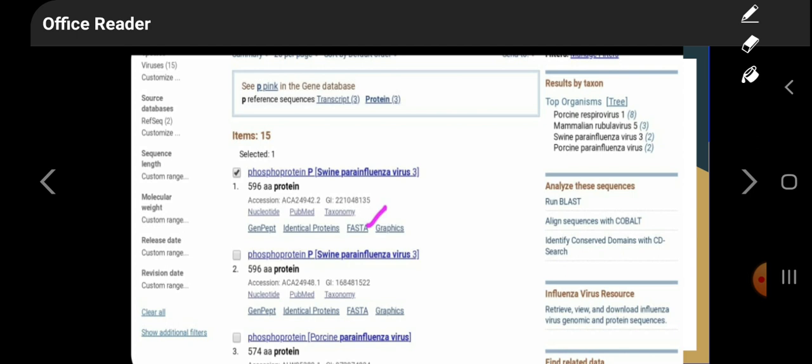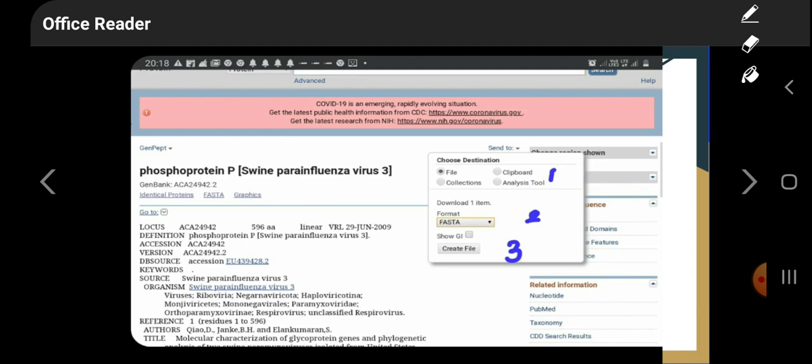By clicking this, we will get a new page, that is this. This is the new page that we have obtained by clicking FASTA. Here we have to obtain the FASTA file, which we will get in TXT format or Word format. We click on the button on the upper right side, that is Send to.